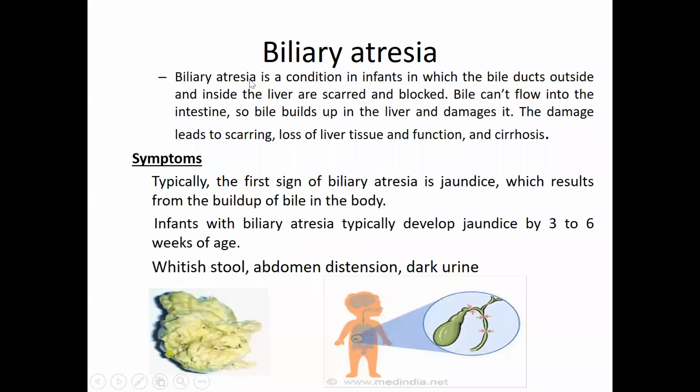Okay, so biliary atresia: you all know atresia means, and biliary means the biliary tract. On the way of biliary excretion, you can see this is the way for the bile duct excretion. On the way of this bile duct excretion, it leads to atresia, which means some part of that portion is not well formed during the developmental process, okay, which leads to obstruction in the bile flow. So what will happen if there is an obstruction in the bile flow?